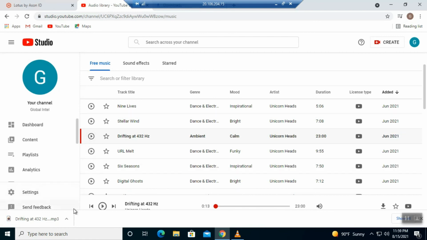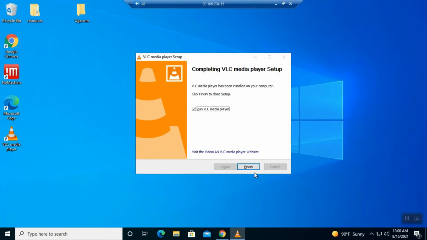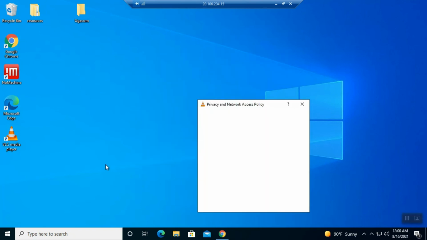Okay, so we've gotten this music, and the core objective of downloading this music on the local disk of our remote virtual desktop is to test out how music or sound how it sounds on the local